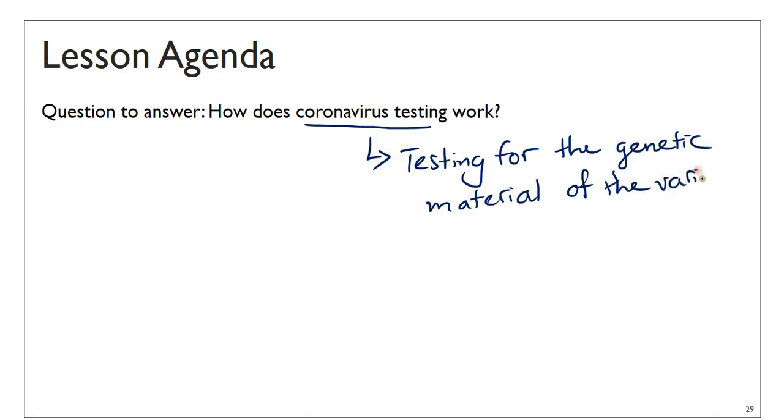So in order to understand, I actually can't spell. In order to understand how you could potentially test for the genetic material of a virus, and you could test for the genetic material of a lot of organisms, like human and, well, every organism really, we need to understand the structure of the genetic material. The genetic material that we will look at specifically in this lesson is going to be DNA, even though in the case of coronavirus, it's actually not DNA that's being tested,